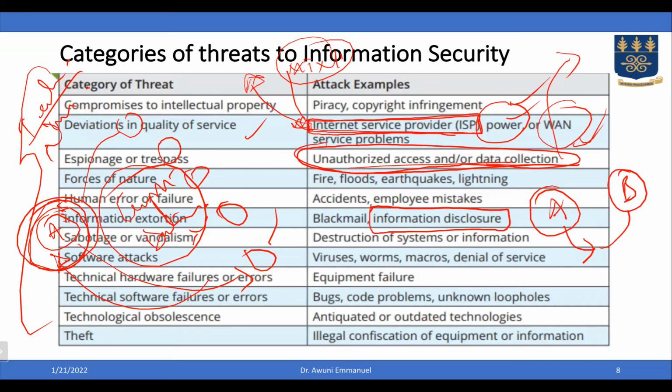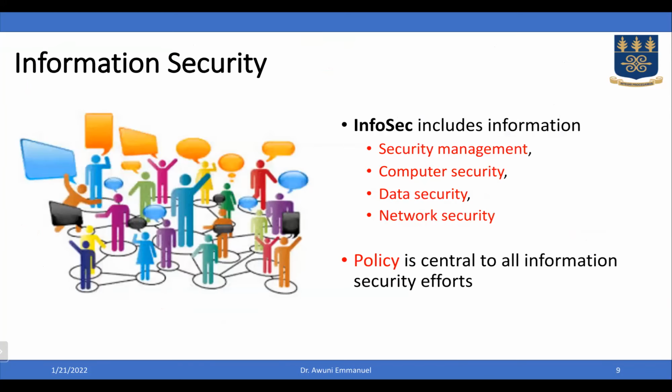Once there's a new one, it comes with strong security features. But if you keep on using the old system, you are compromising your own organizational assets, that is data and others. I remember some of us bought Pentium 1 and Pentium 2. Assuming a bank or organization is still using Pentium 1 today, Pentium 1 security features are not as strong as compared to the current systems that we have. I've already explained information security, and I said information security also subsumes that of computer security. And now we have data security, network security, and also security management.